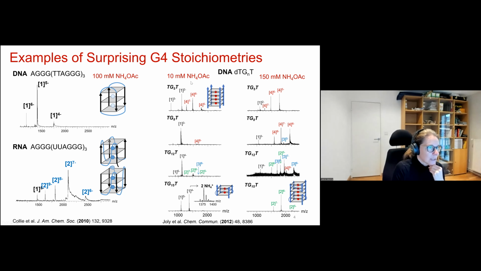And then when we do the annealing in 10 millimolar ammonium acetate, the surprise was that we have only intramolecular G-quadruplex forming once we have TG15T. We also detected the binding of 2 ammonium ions in this species, really starting from 15 Gs, which we interpreted with a cartoon at the time, imagining that we have 12 Gs involved in a 3-tetrad G-quadruplex, and then 3 of the Gs are constituting the loops that join these